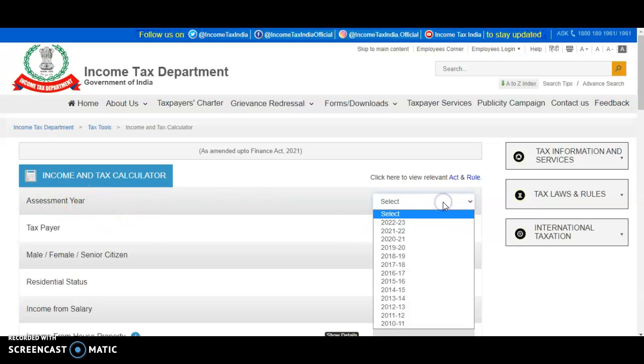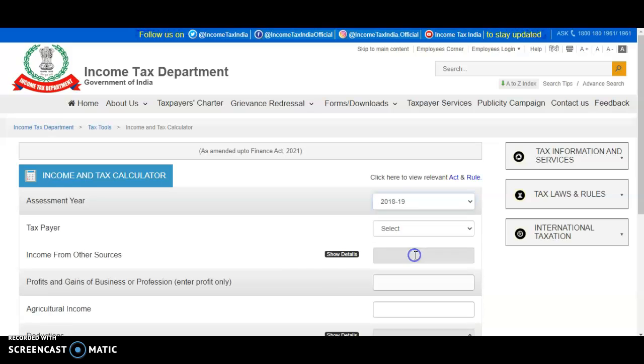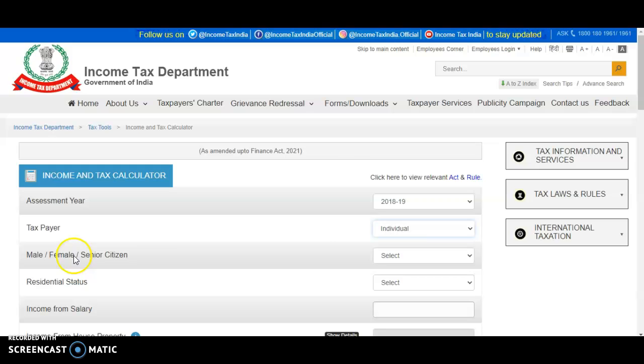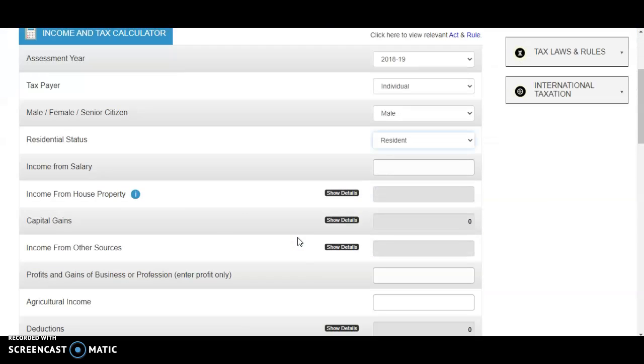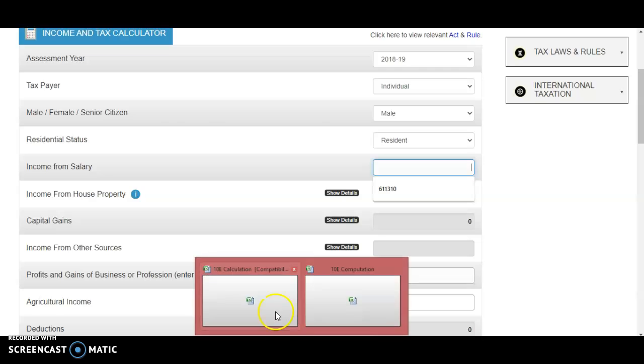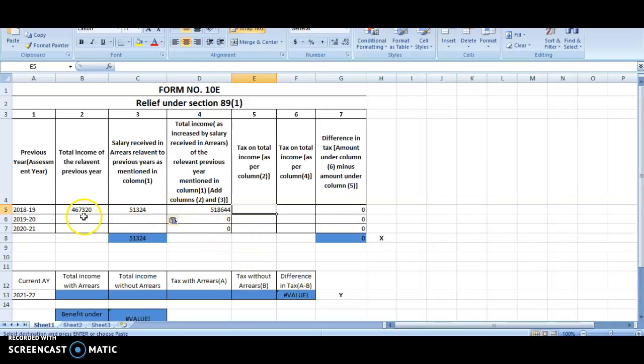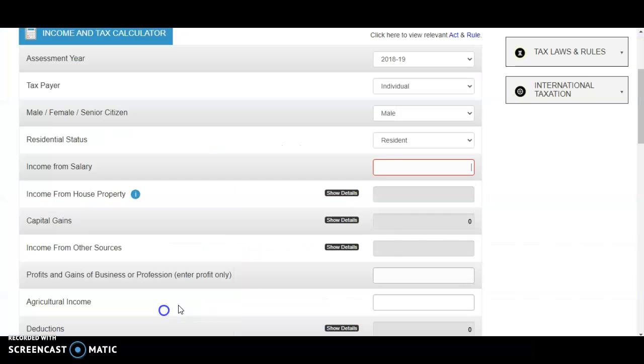Assessment year, I am going for the assessment year 18-19. Taxpayer individual, select male or female, residence, and just enter income from salary here. So my income from salary is 4,67,320 rupees. The same I will enter here, 4,67,320 rupees.